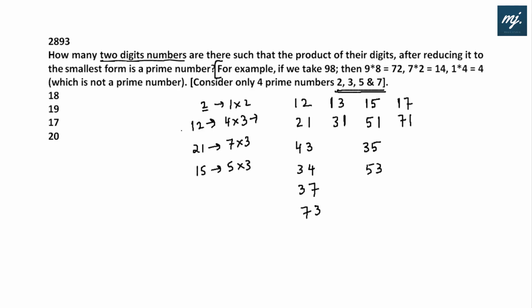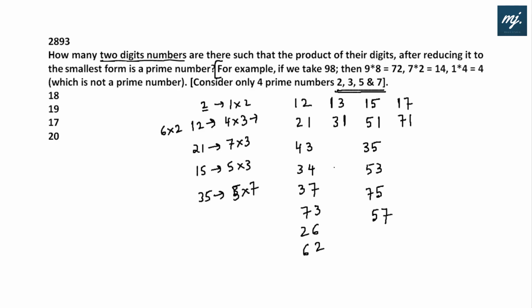Okay. So yes, 12. We can also get 12 with 6 and 2. So we can have 26, 62. Now we move on to 35. 35 is 5 into 7. So we can have 75, we can have 57 also. 17 is prime, 71 is prime. 75, no two-digit multiplication, 57, no two-digit multiplication. Here we have introduced 26. 26, no two-digit multiplication will give 26 and 62 also, 2 into 31.